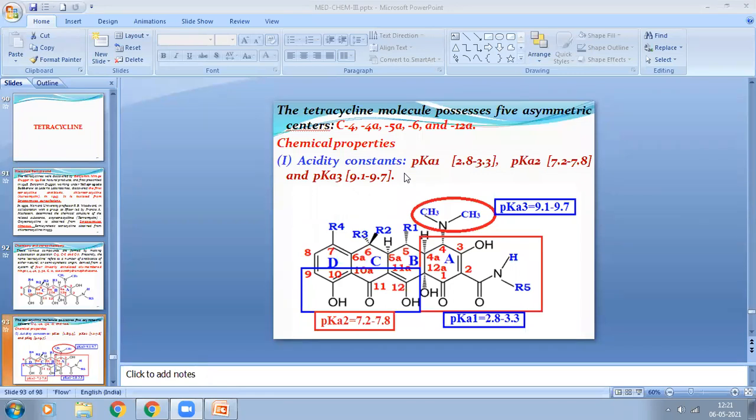Ionization constant. There is one more name, what is it? Dissociation constant, not dissolution. Very good, dissociation constant, exactly. Now, what does it mean? Actually, dissociation constant or acidity constant or ionization constant, we can apply it for the conjugated acid or base. So, can you tell me what it means, conjugated acid or base?